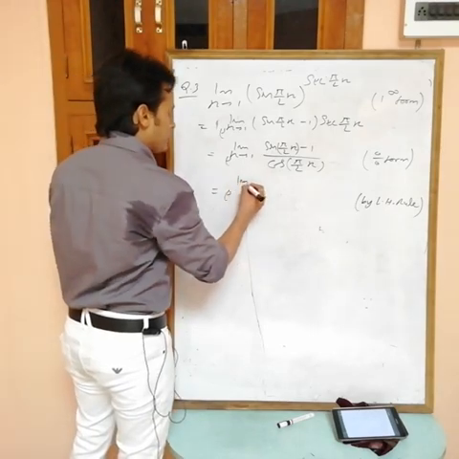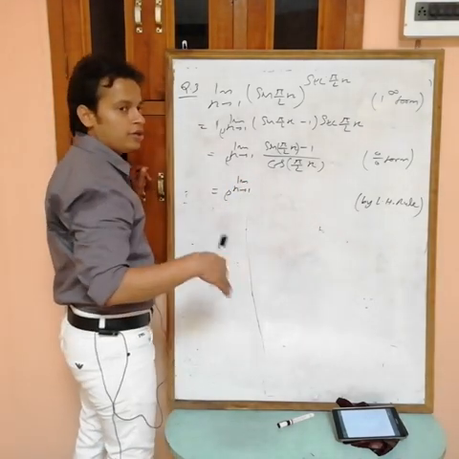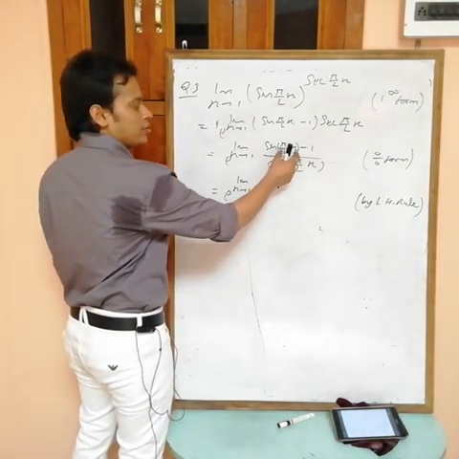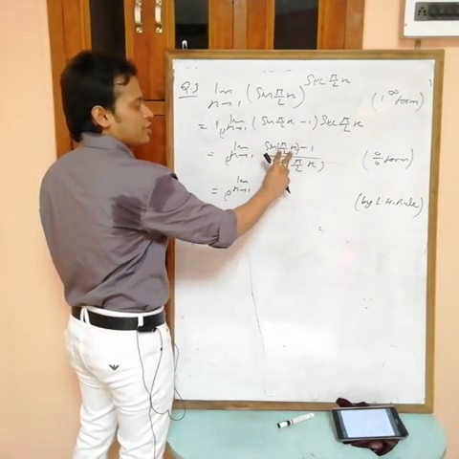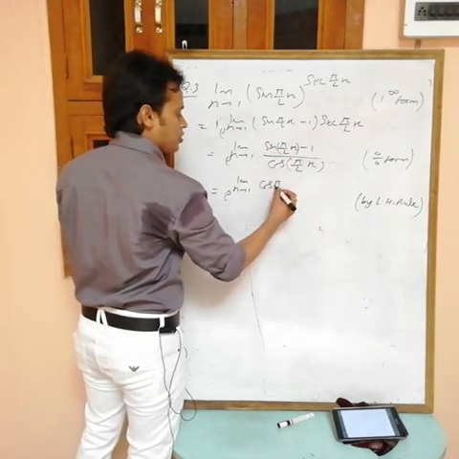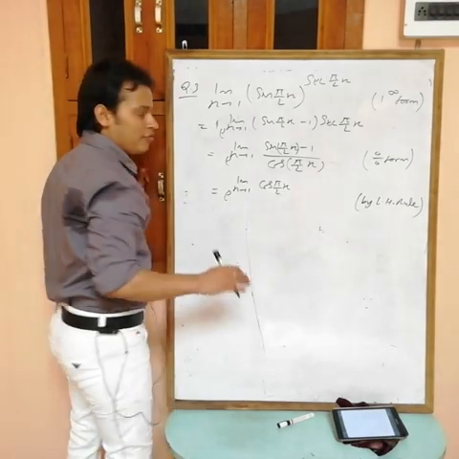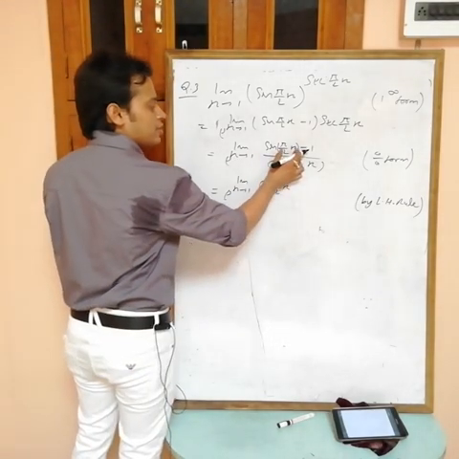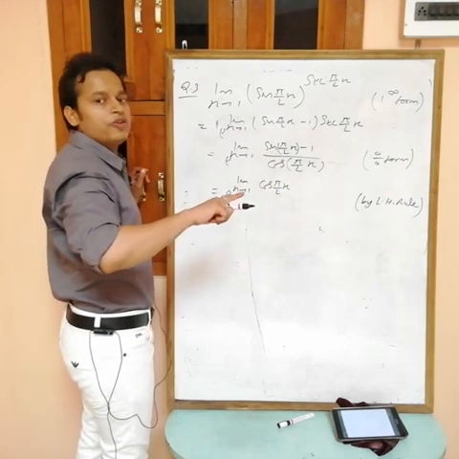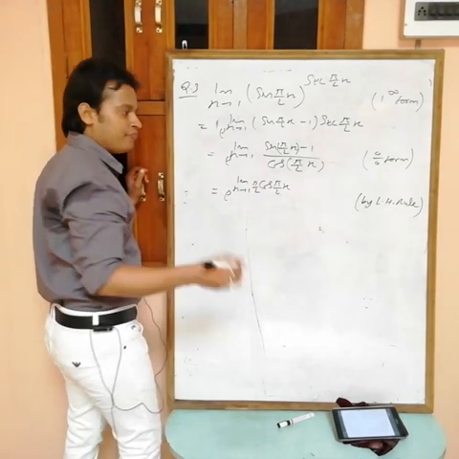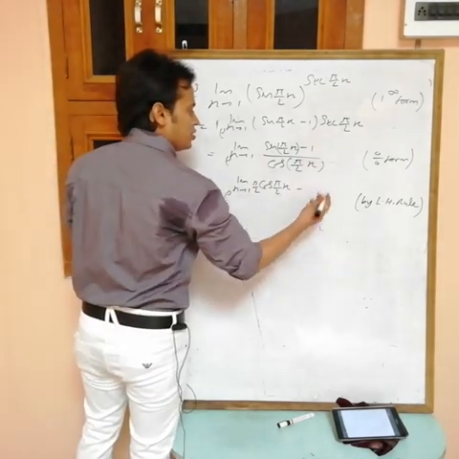Limit x tending to 1, differentiation of numerator in the numerator. The derivative of sin x is cos x, but this is not sin x now, so I have to assume this one as x. Sin x, derivative is cos x, at the place of x, pi/2x. Now differentiate the inside: the derivative of pi/2 times x is pi/2, a constant, and the derivative of x is 1, so we get pi/2. Minus the derivative of 1 is 0.